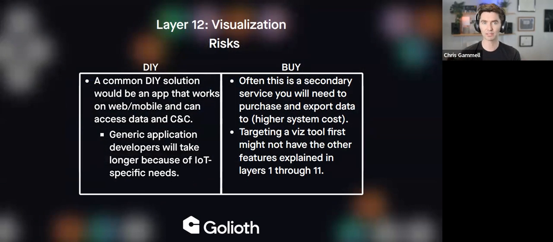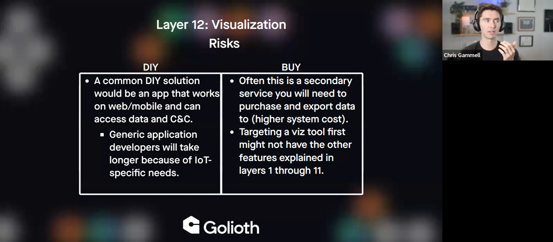So you could DIY this, of course, and this would basically be an app that would access some of the data that's there, the database that you maybe stood up yourself as well. But there's always kind of the differentiation about how you might be displaying and interacting with IoT data versus kind of more generic web data. So if you go to an Upwork and you hire some more generic web app developer, there might be just kind of some translation errors